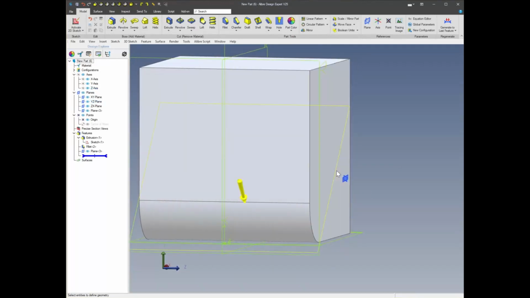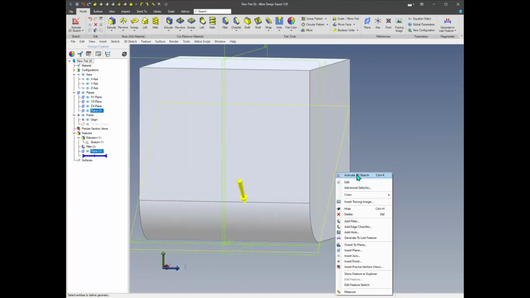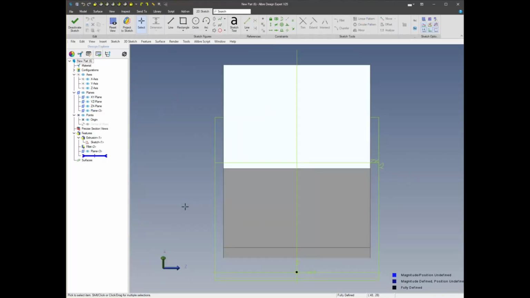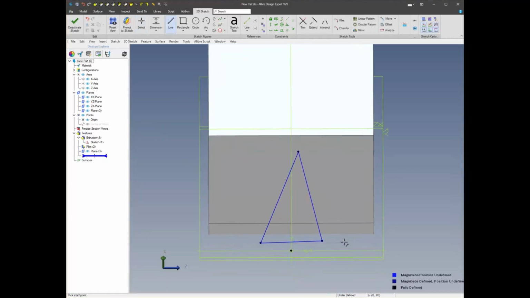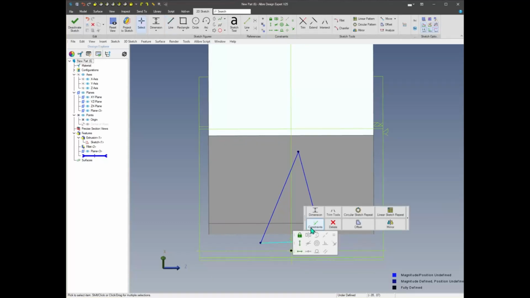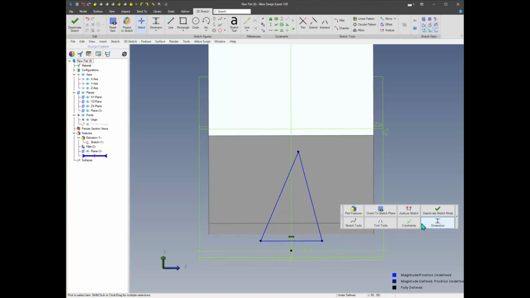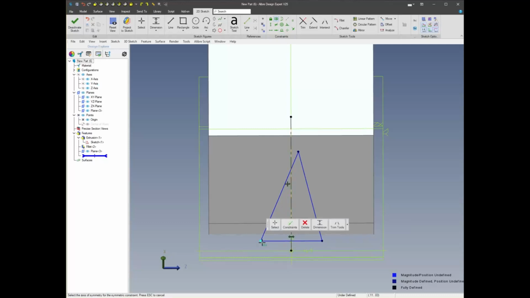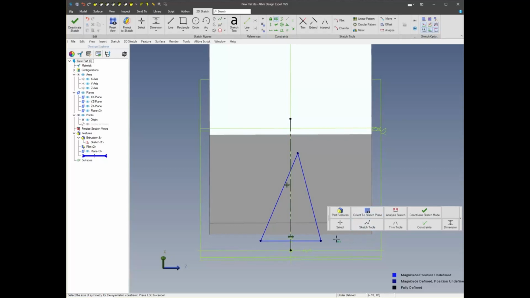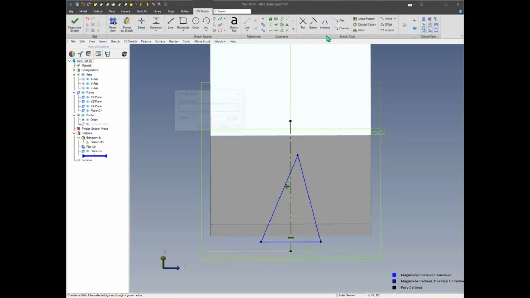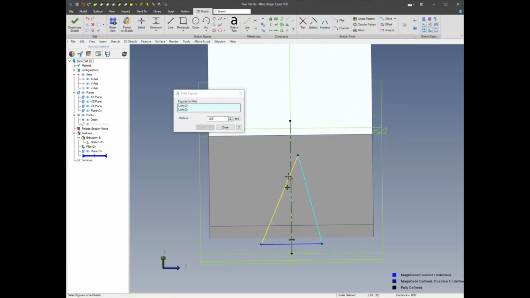Then we'll start a sketch on this new plane, and we'll just orient to sketch plane, and then we'll sketch out a triangle here that will get us the basic shape of our gusset, and we'll put a horizontal constraint here, and to center it on our part, we use a symmetric constraint with this axis and the two baseline endpoints, and then we'll put a fillet on here. So we grab our two sides,